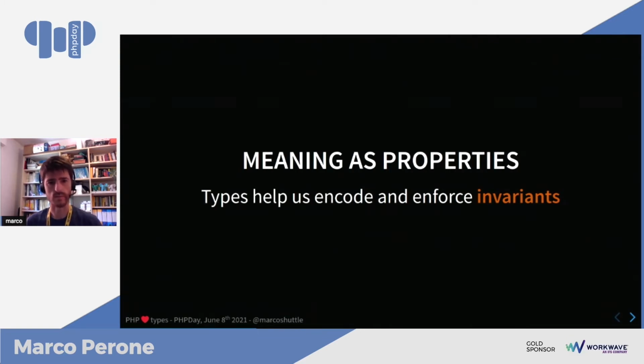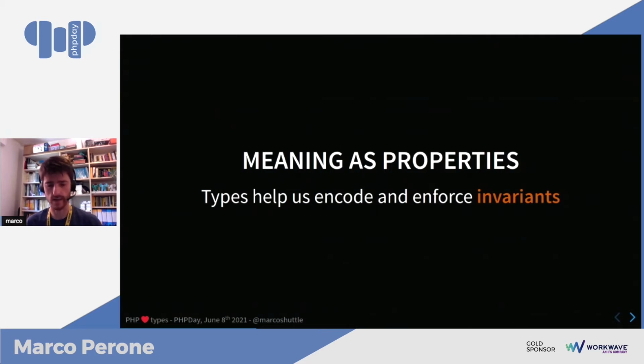And by properties, I mean invariants. So things that should be true from the very start of your application till the very end. And types are really good at encoding and enforcing these invariants. So this is exactly what they are there for. Just to give some examples of invariants